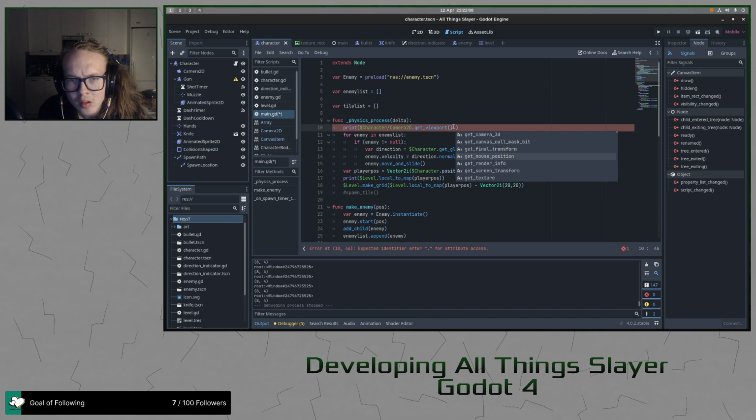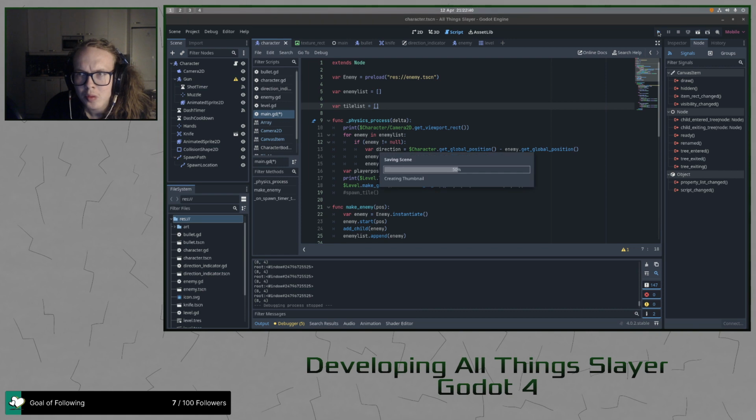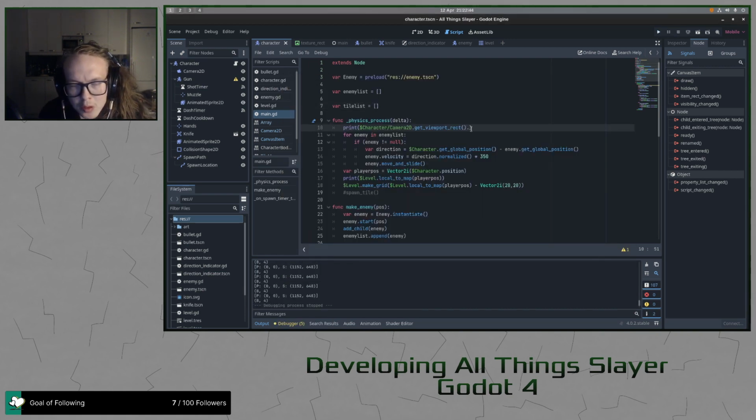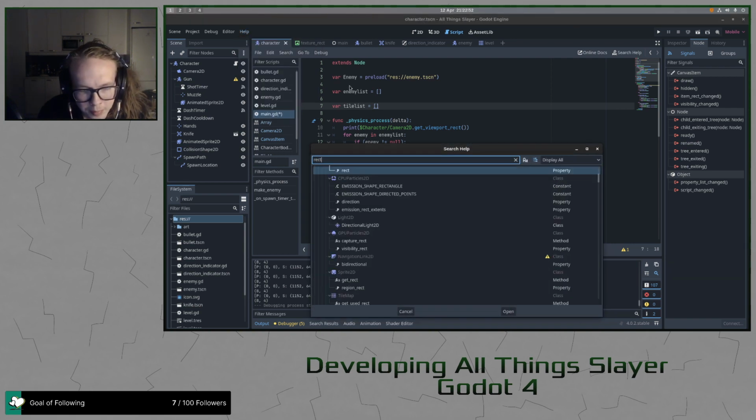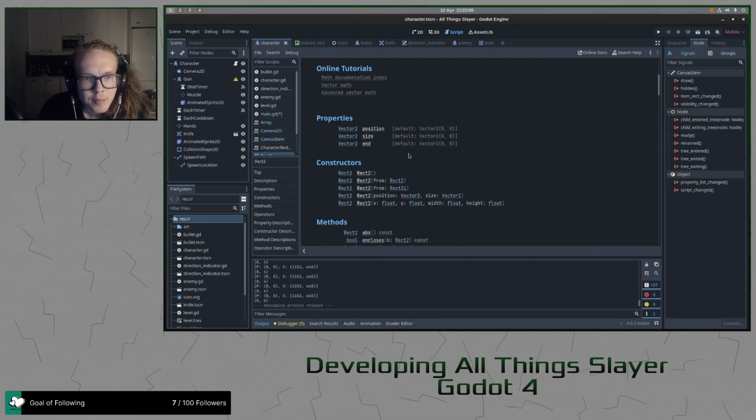Dot get viewport rect. Dot get. Okay, let's find rect to dot position dot size dot